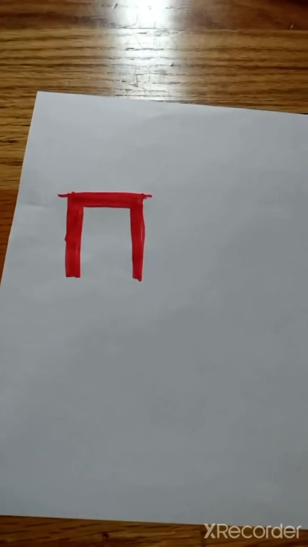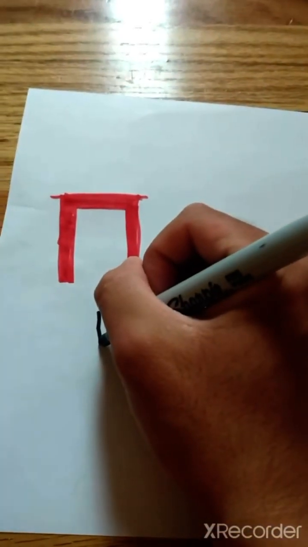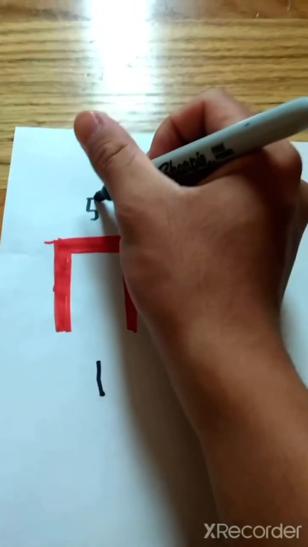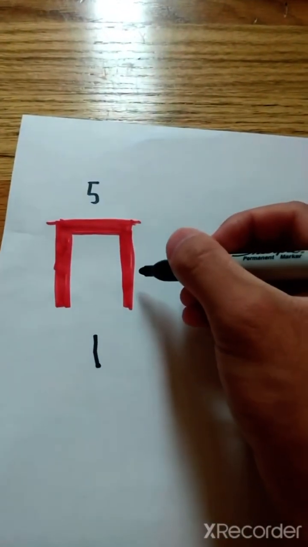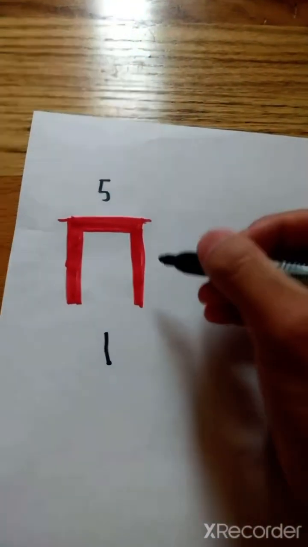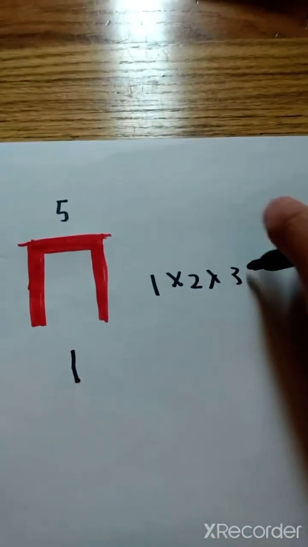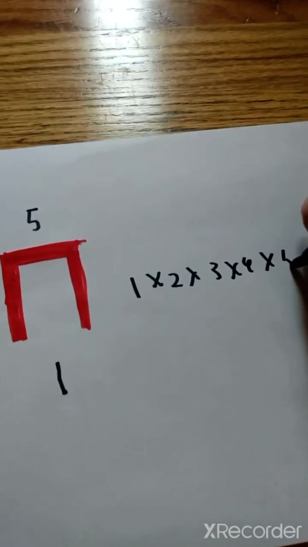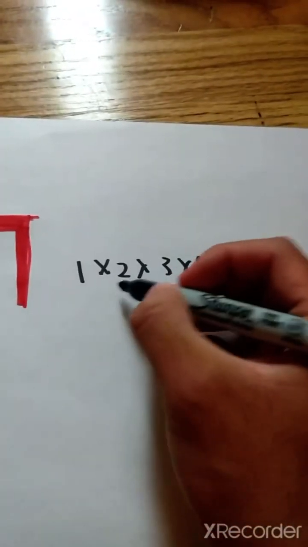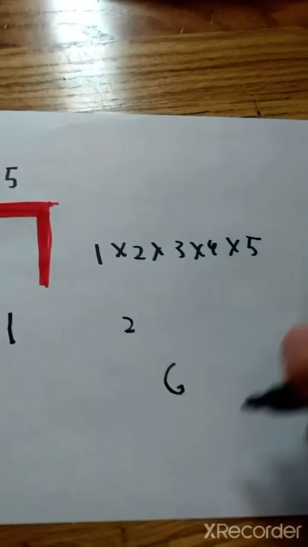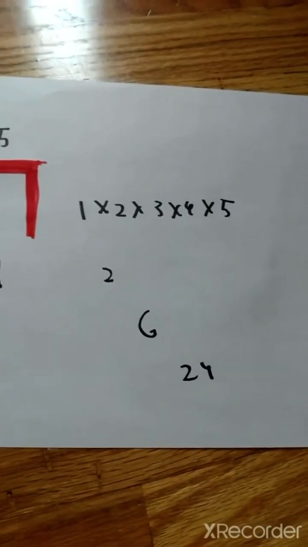Let's do an example. So what happens if the bottom number or the start number is 1 and the top number is 5? What that means is since we're doing a summation with the product, that means it's 1 times 2 times 3 times 4 times 5. The starting number, the finishing number. So 1 times 2 is 2 times 3, that's 6, times 4, that's 24, times 5, our answer is